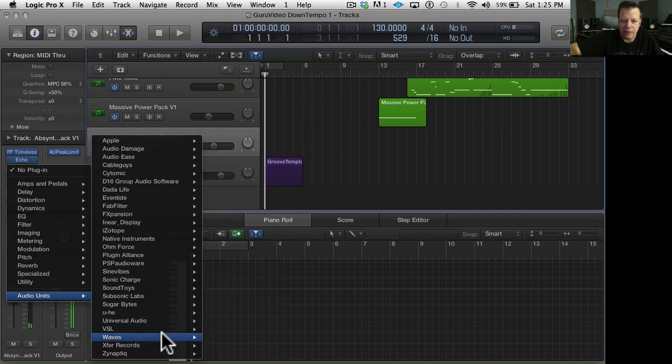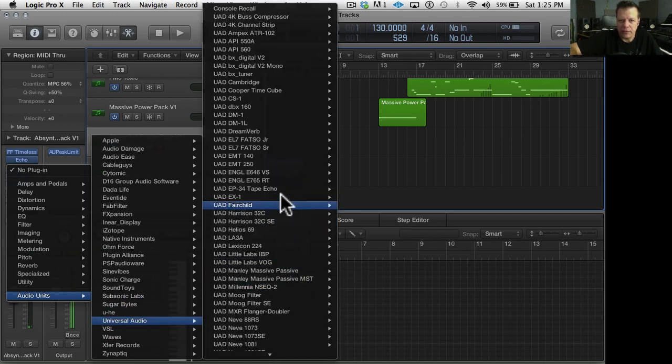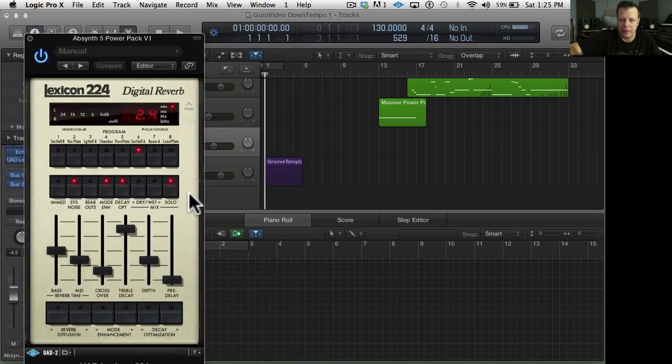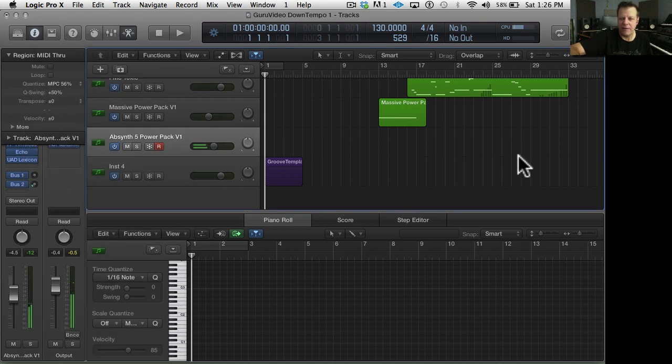And because we can, since we've got the Apollo hooked up, let's get the Lexicon reverb in here. Make it really beautiful. This is like the most ultimate reverb. Let's bring up the mid decay. That's pretty. All right. Make you guys all go buy Universal Audio stuff now.